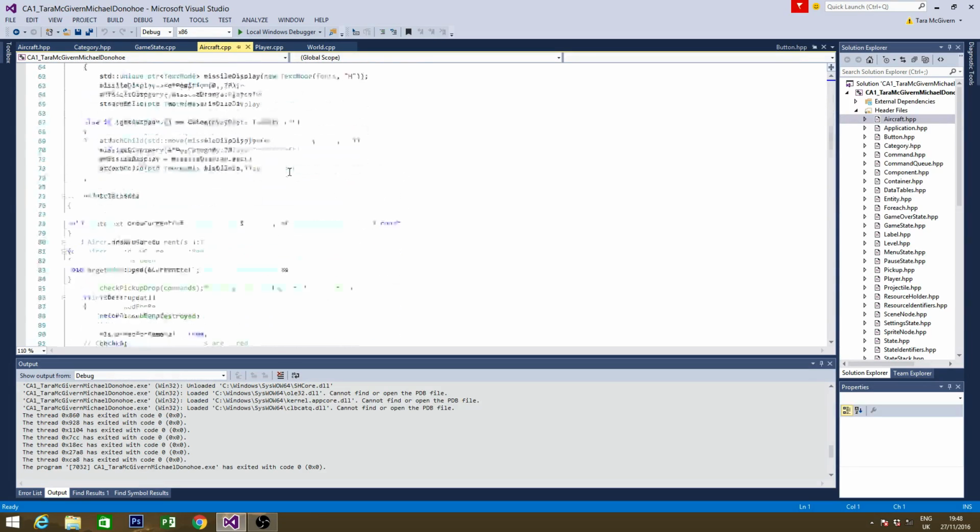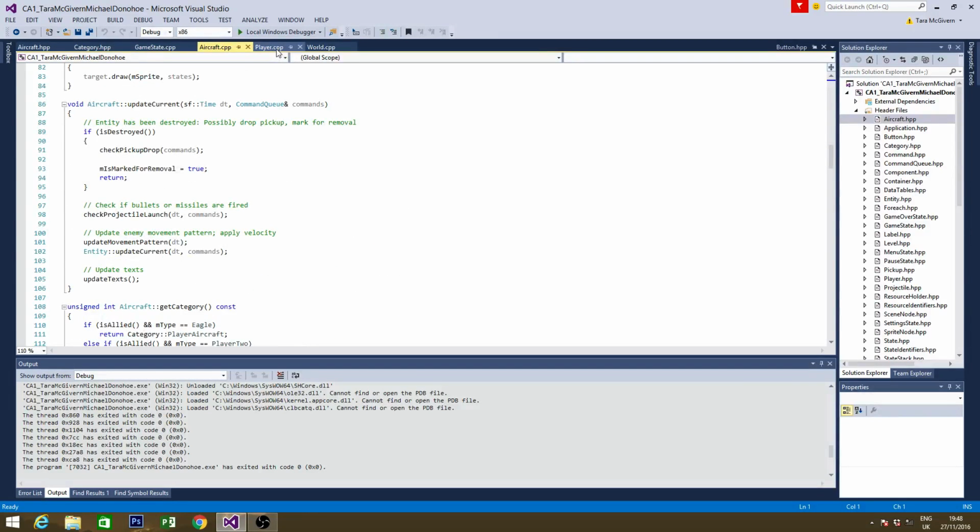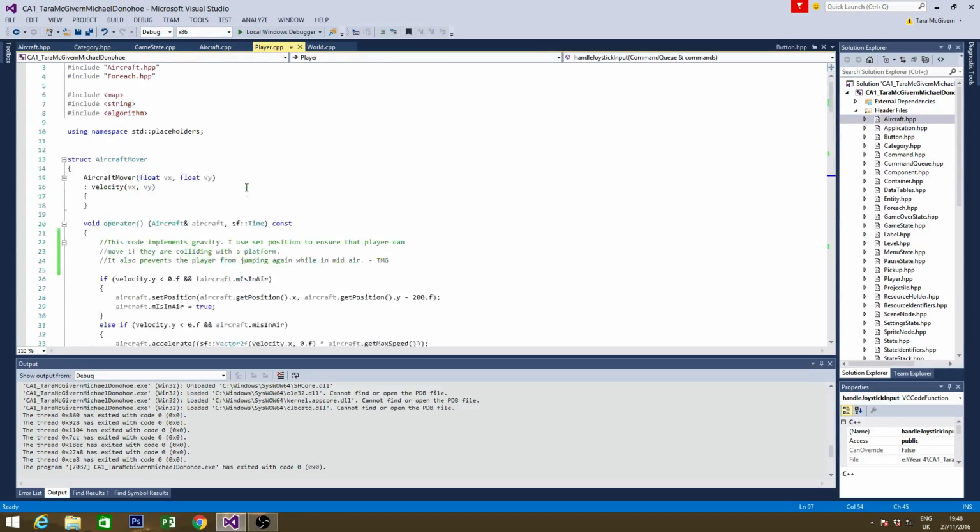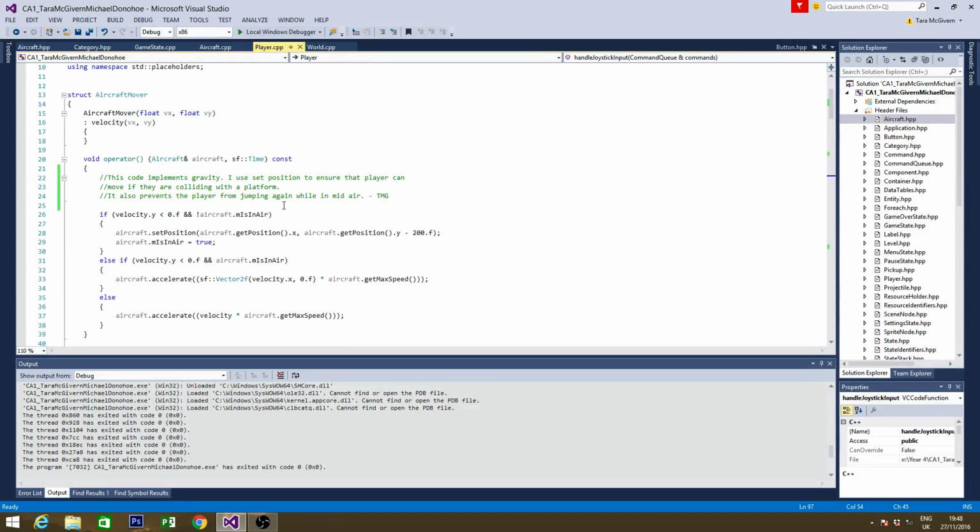So I had to write the code to handle that, and that's actually handled in the player class. Generally it would just accelerate the aircraft by the velocity and the aircraft's max speed. But to handle physics and tell the aircraft it was in the air, we had to check the velocity of y. So when you increase your velocity and you want to move upwards,